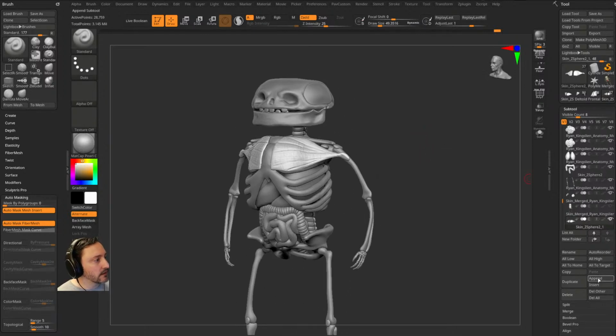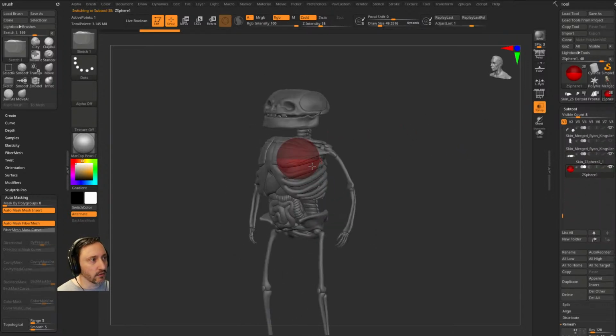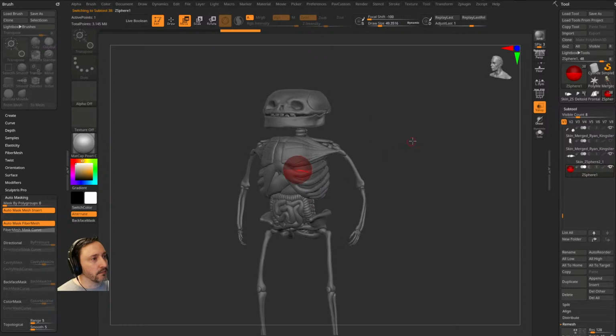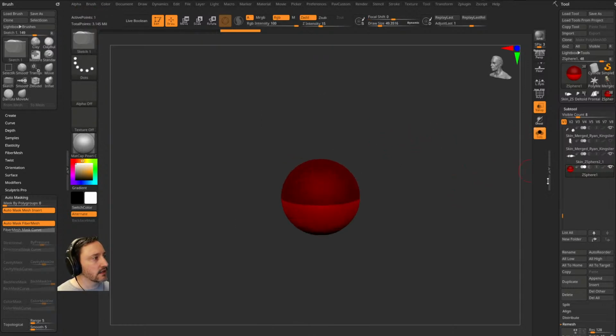So I'm going to go in here and I'm going to say append a ZSphere. So we've used ZSphere topology. Let's go here to transparency so we can, again, reorient ourselves. Here's X, symmetry turned on, E to scale, W to move. We don't need to rotate anything. I'm just going to put that in there. And now, if I go into solo mode and we have a ZSphere sitting in here,